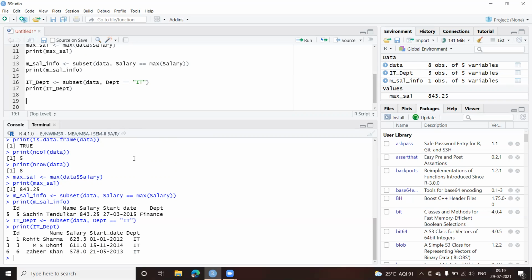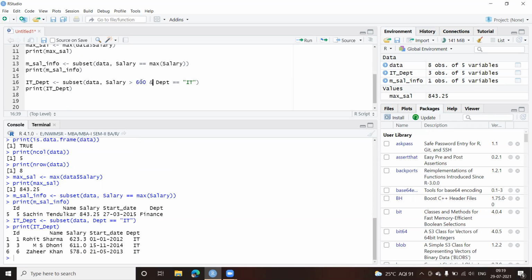Okay, so what I'll do is I'll just add one more. Let us say salary first. Salary should be greater than 600. Now I have to combine the two conditions because I have to give two conditions. I'll be using AND operator. So here we get AND.